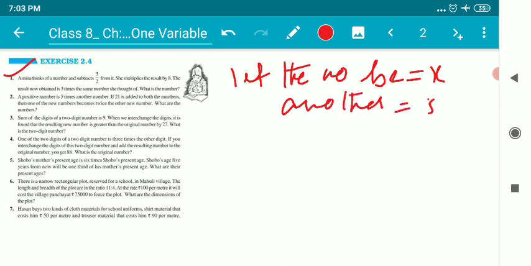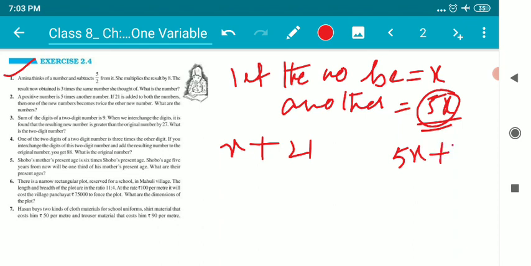If one number is x, so naturally another number will be 5x. From where am I getting this 5x? From the question itself. In the question only it's mentioned it's 5 times of x. So I am getting 5x over here. After that, if 21 is added to both the numbers, I add x plus 21 and 5x plus 21, means I'm adding 21 with both the numbers.